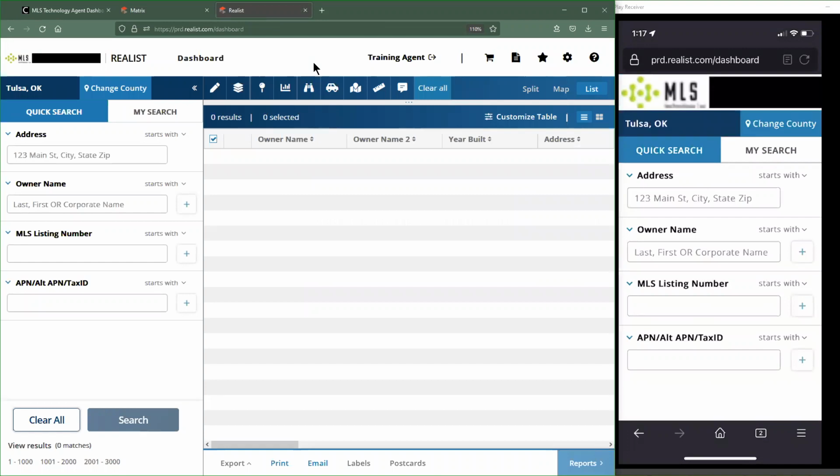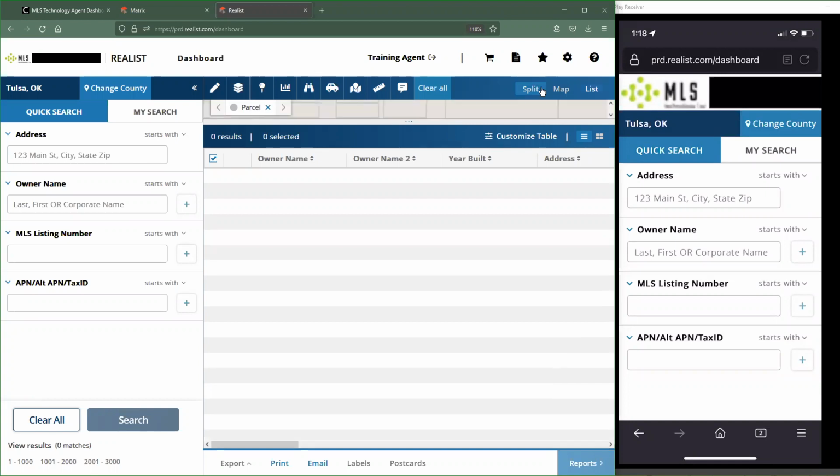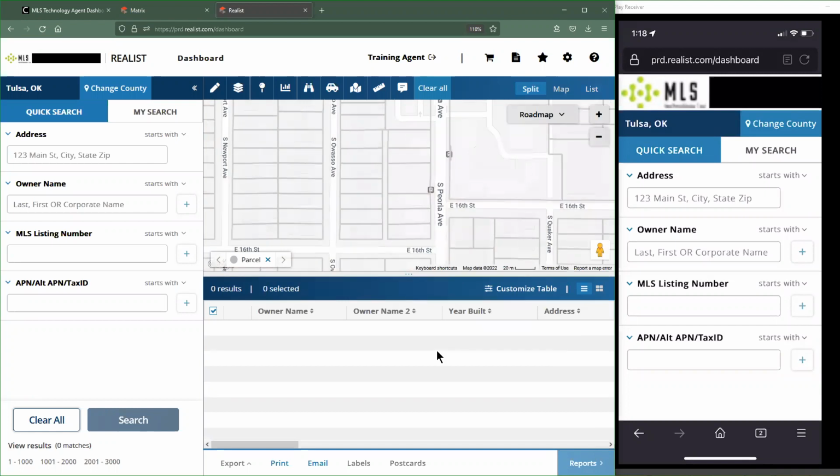So it turned out that the previous version of Realist was actually developed in a piece of software called Flash. If you guys happen to remember this whole debacle, Flash actually was completely unsupported as of the end of 2020. Well, since Realist was developed in that piece of software, they ended up having to redo everything in their entire system to make sure that it was going to be up to code after the Flash software was no longer going to be supported. Because if it's not supported, that means that people can make viruses for it, et cetera, et cetera. So what they did is they decided to move towards what's called HTML5.